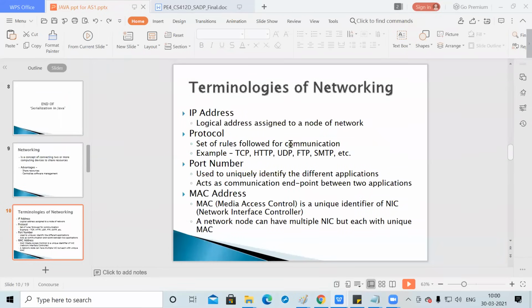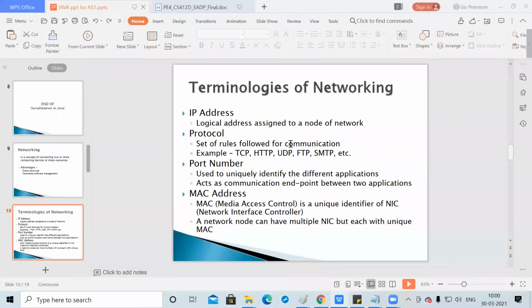The terminologies used in networking, as you know, start with IP addresses. An IP address is a unique, logical address assigned to any particular node, network or hardware. This IP address is given to each and every machine.